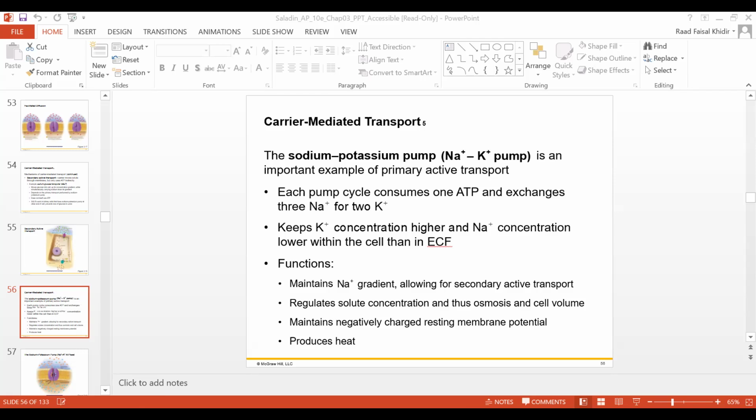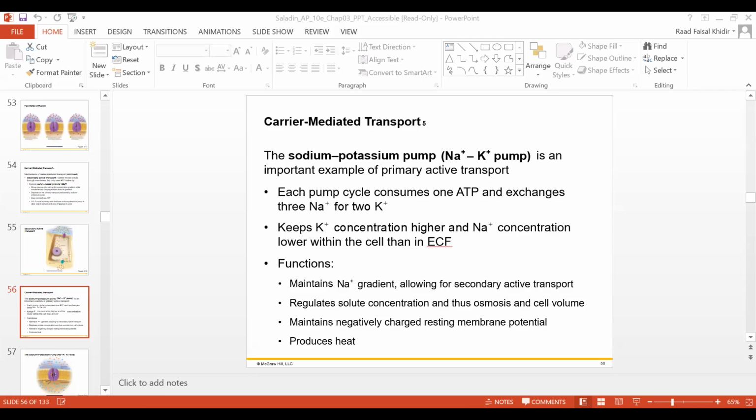So when we depolarize, we increase the membrane potential by opening the sodium channels, and we repolarize by opening the